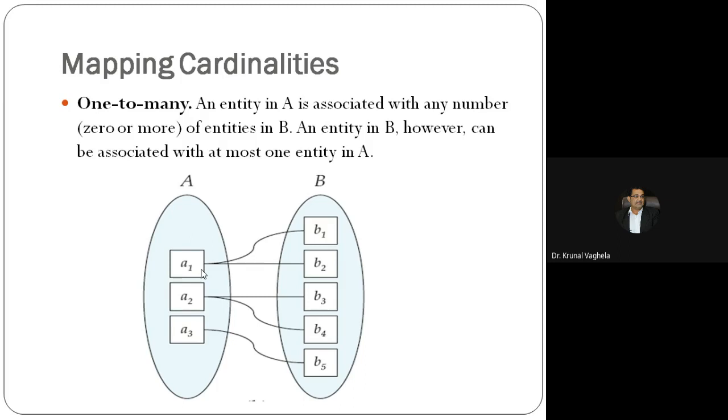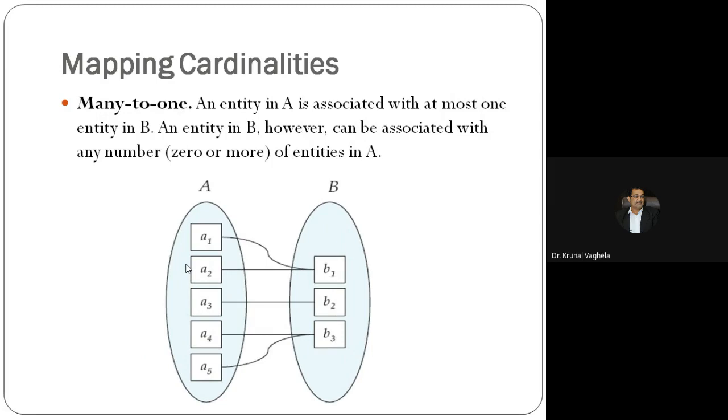but no joint accounts allowed. That means an account cannot belong to multiple persons. See, A1 has two bank accounts, B1 and B2. A2 has two bank accounts, B3 and B4. But B1 only belongs to A1. Same, a mentor can teach multiple students, but a student cannot be mentored by multiple teachers. Ready? If you want to put such a constraint, then it is one to many mapping cardinality.